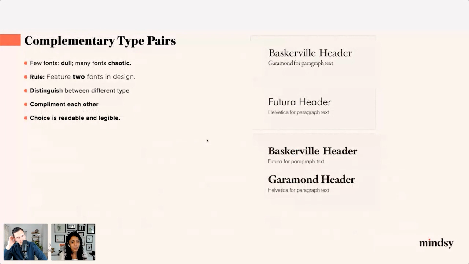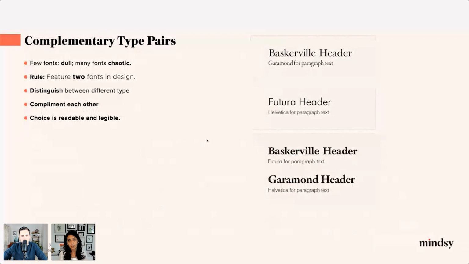So complementary type pairs. In my earlier stage of design, I used to always get confused about what typeface goes with what typeface, which complements each other. If you see on the right, if you're using too few fonts, it gets dull. And when you are using too many fonts in the layout, it becomes chaotic. A rule is to feature 2 fonts or maximum 3 fonts, I would say, and distinguish between the types.